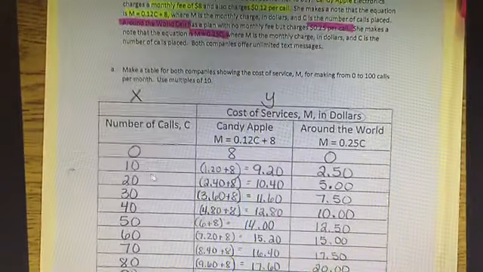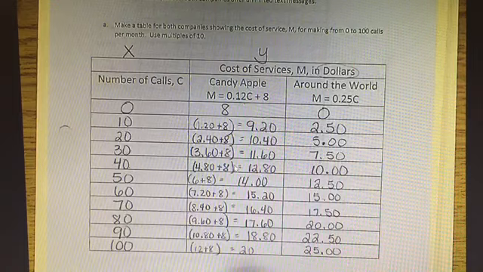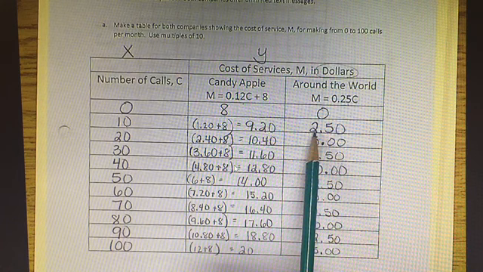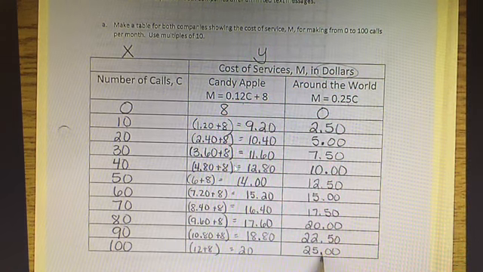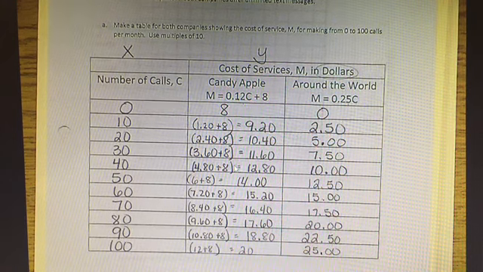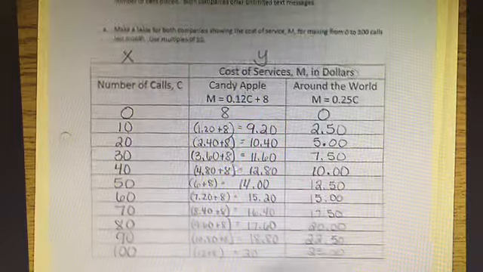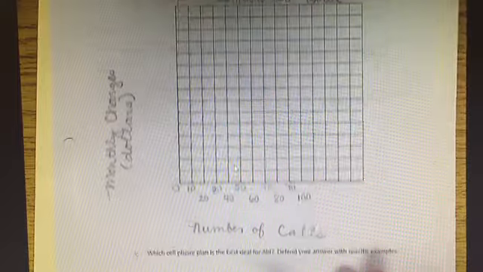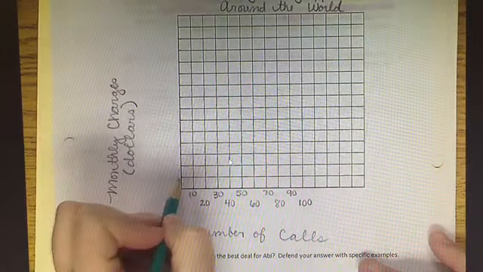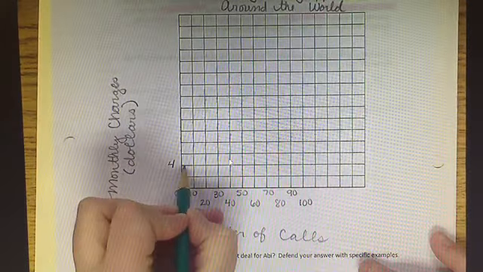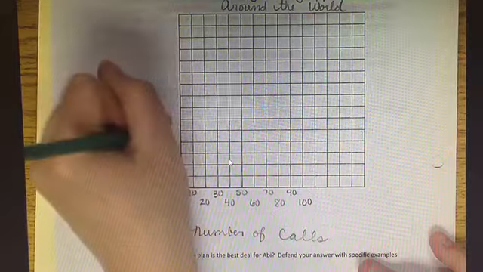Okay, and then we're going to take a look now at what numbers do we have for both of these. So our smallest number we have is $2.50. Okay, and the greatest number we need to get to is $25. So we have to make sure that our graph includes all of those different pieces. So when we look at our graph, we can count by twos and everything will fit on there. So what we're going to do is this would be 2. So we're just going to label every other line. So 2, 4, 6, 8, 10, 12,